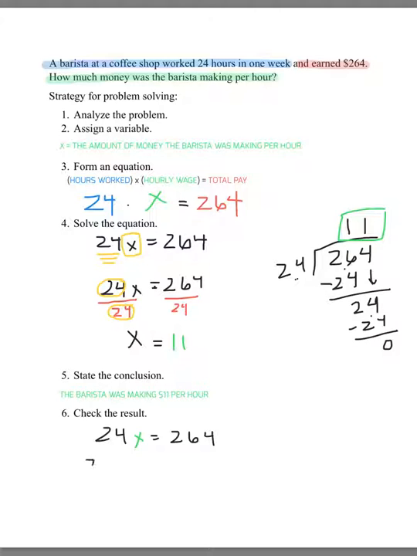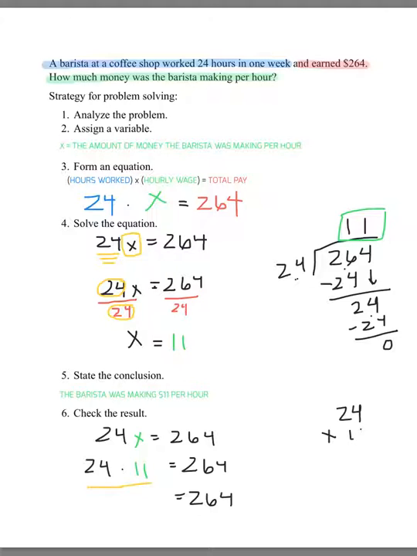So we're going to have 24. Again, everything else is going to remain the same, and we're just going to substitute in the value for x, which is 11. So on the left-hand side, we have to multiply 24 by 11. And on the right-hand side, we just bring down the 264. So we'll do 24 times 11 off to the side as scratch work. So we'll do 24